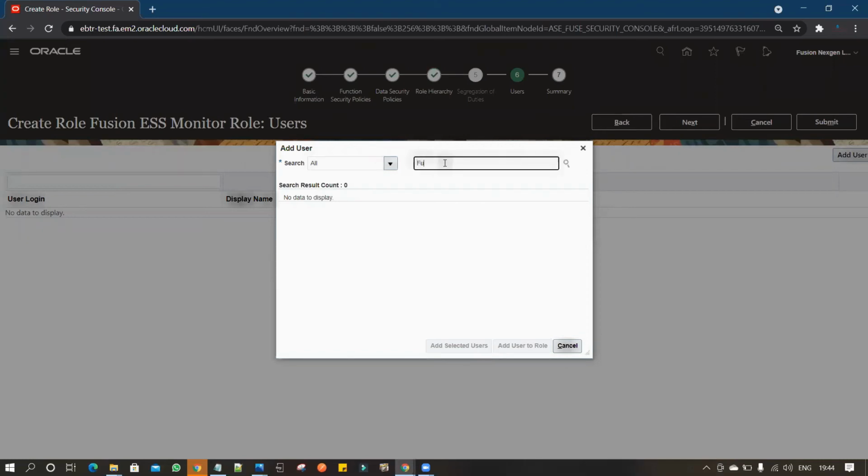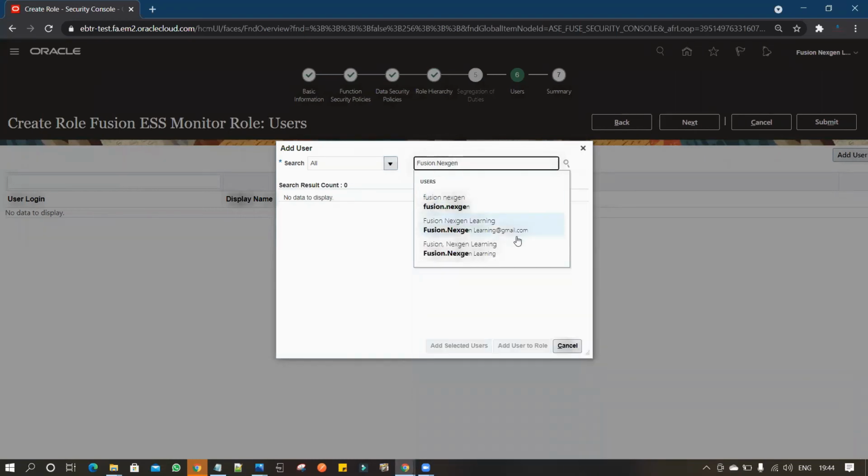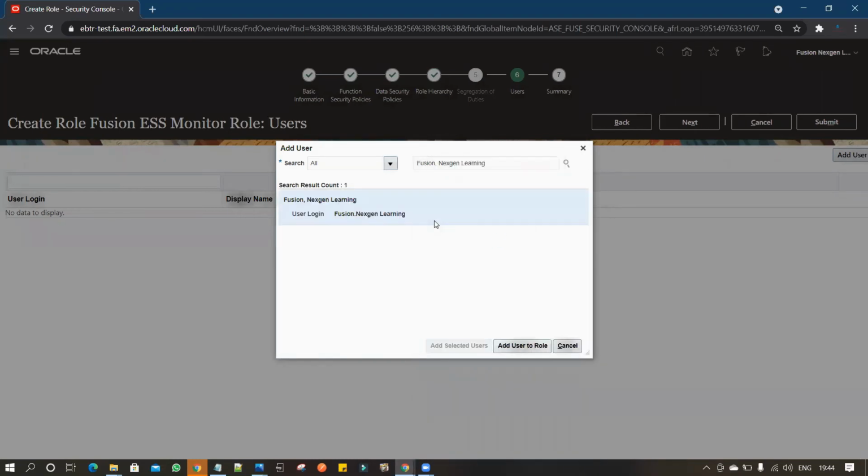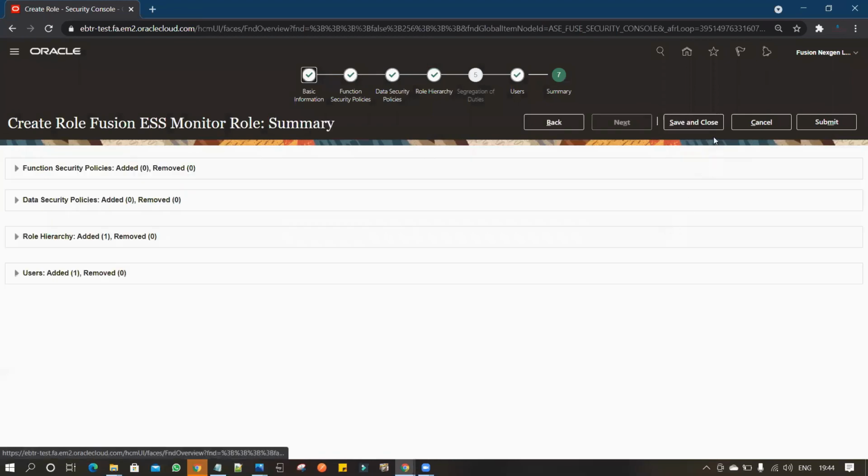So you can search it over here, Fusion Action Learning. After adding the user, just click on next and save and close.